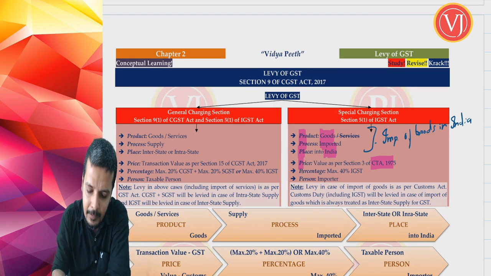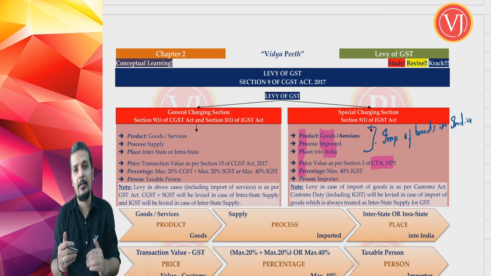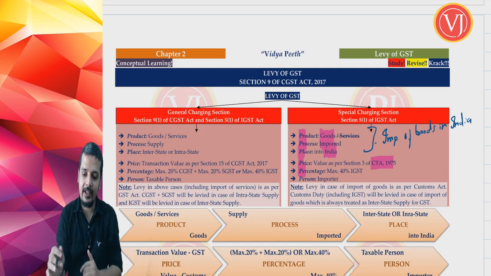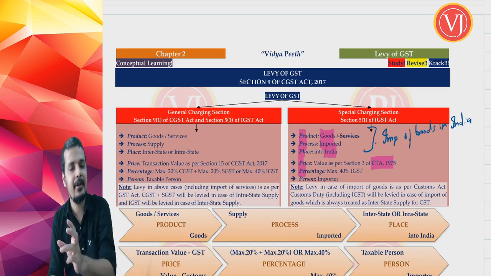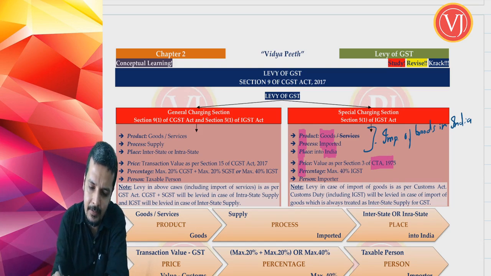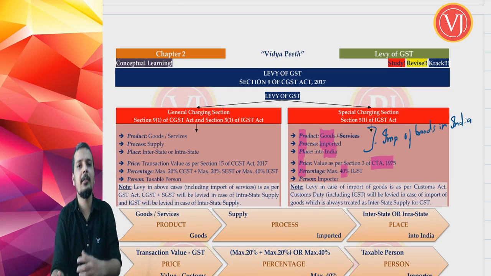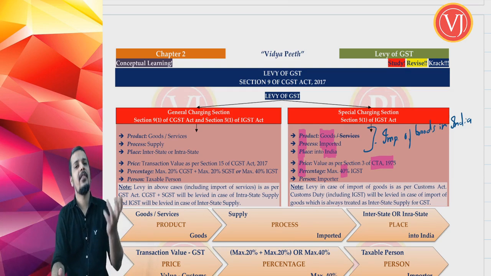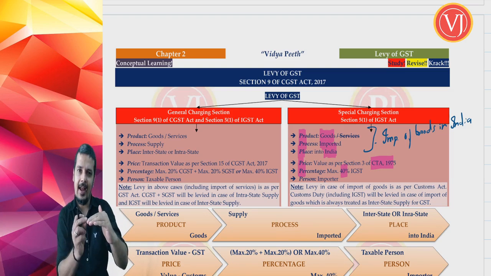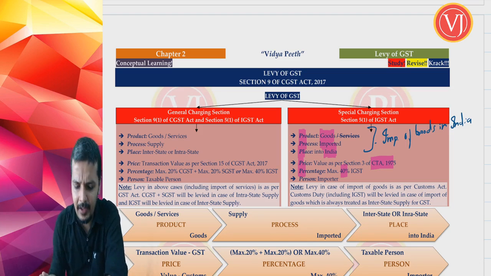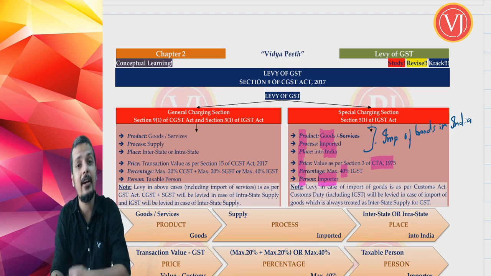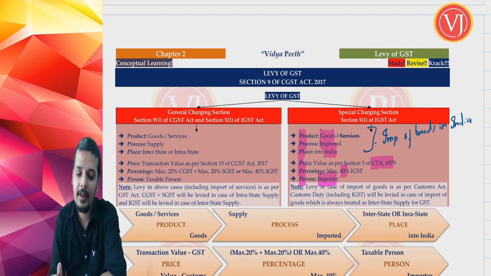And then the maximum IGST percentage which will be there within that customs duty. Customs duty will be BCD, SWS and IGST. When you are calculating IGST, you will require price and percentage. Price you refer to the Customs Tariff Act, and the maximum percentage can be the same 40%. Which means if that item is sold within India for say 28%, when the same item is imported, you will have customs duty. The breakup of that is BCD, SWS and IGST, and the IGST rate will be the same 28%. And who will be paying that customs duty? Customs duty which includes IGST will be paid by the importer.